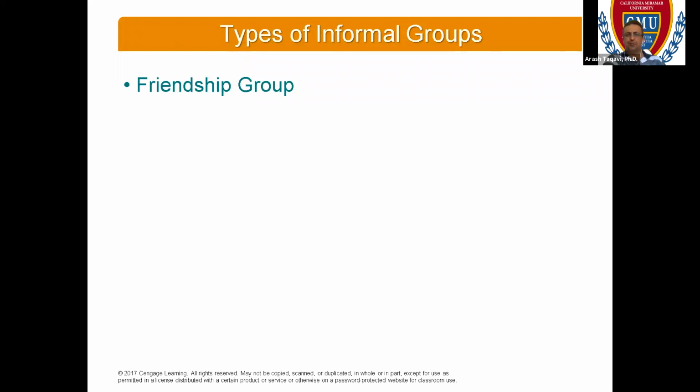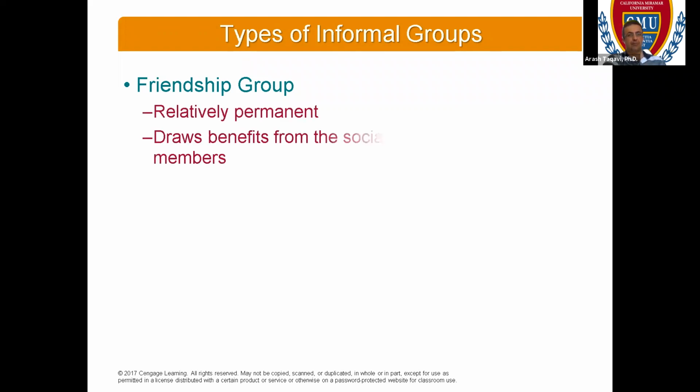Friendship group. We are entering the subject of informal groups. It's a friendship group. Relatively permanent. It draws benefits from social relationships among its members. And one thing that is very important is the friendship group. Friendship, and after that relationship, and after that sometimes partnership, are different parts of